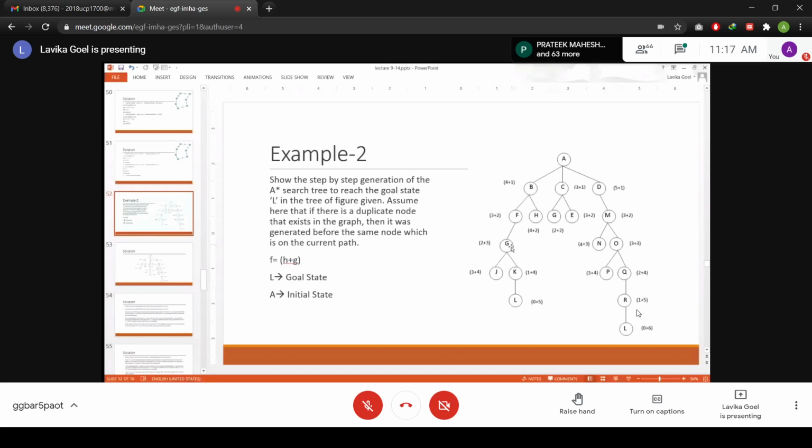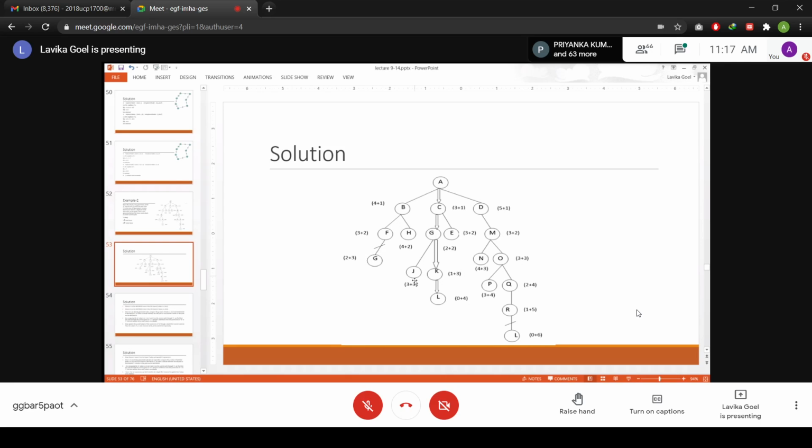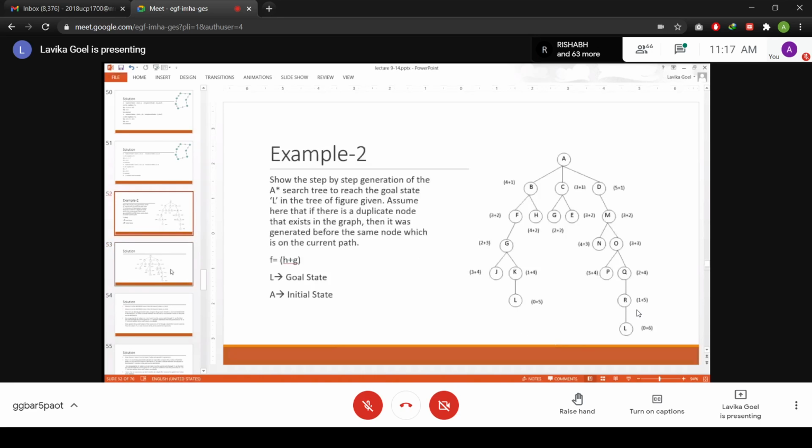So that's what has happened in this. Just see here, you have cut the parent link of G towards F, and you have made the parent of G as C. That's what has happened in this graph. Okay, so the parent of G has become C and the children have also moved. So if you see in the original diagram, the children of G were J, K, and L, and that was the leftmost branch of the tree. But now in this solution graph, you have cut that link from G to F and you have taken G with all its children towards C. So now C has become the new parent of all this complete sub branch. That branch G, J, K, L completely has moved to the parent C.